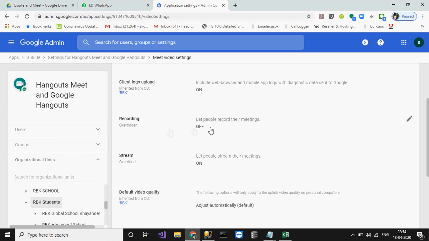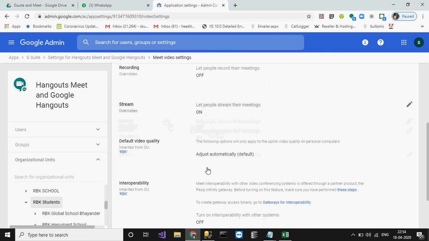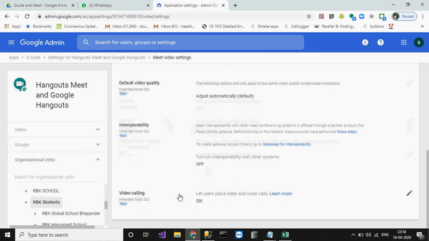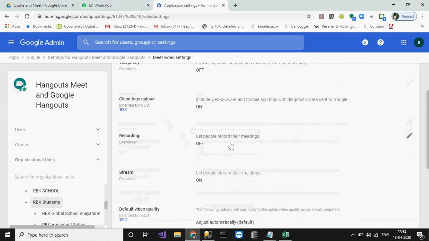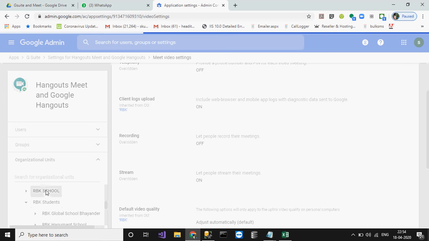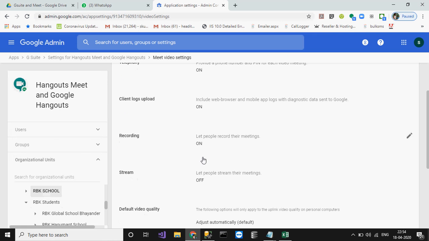So those IDs which belong to that particular OU and its child entries can no longer access the recording function. Just like that, you can manage stream, video quality, and video calling services. So the recording function is off for the students, and for the rest of the OUs the recording function is on. You can see, right? This is about Hangouts Meet and Google Hangouts.